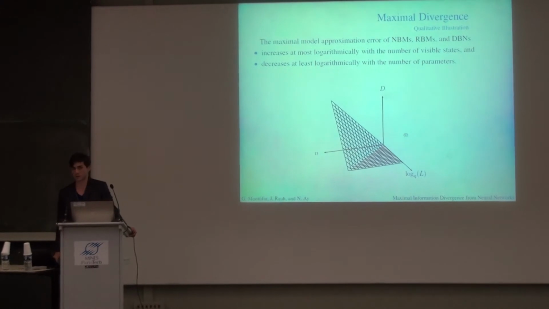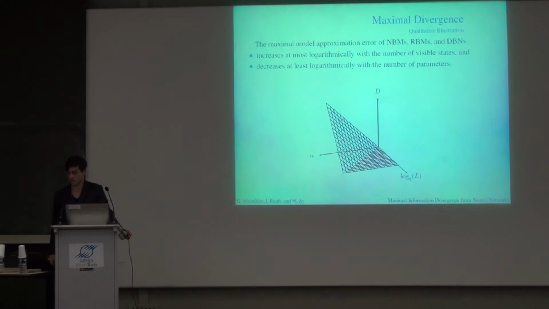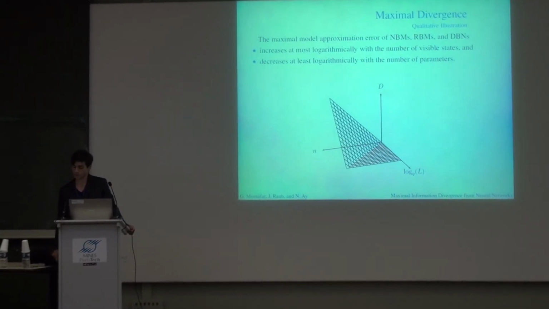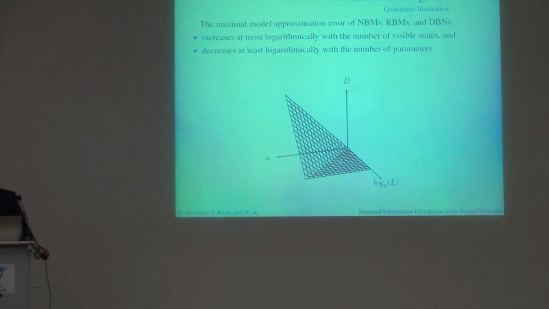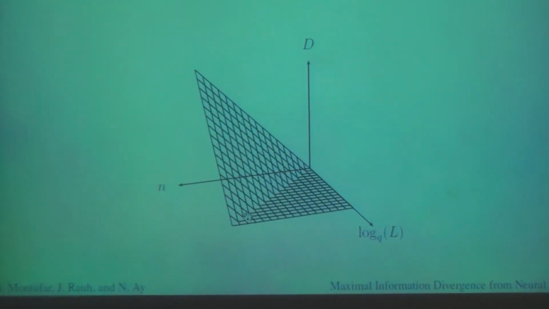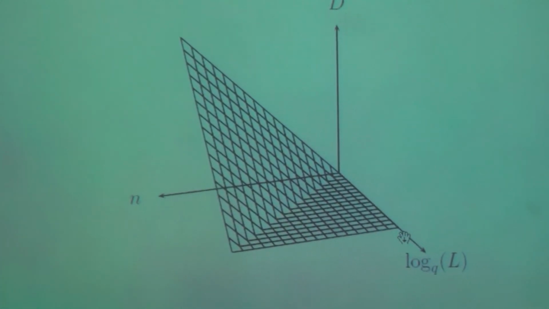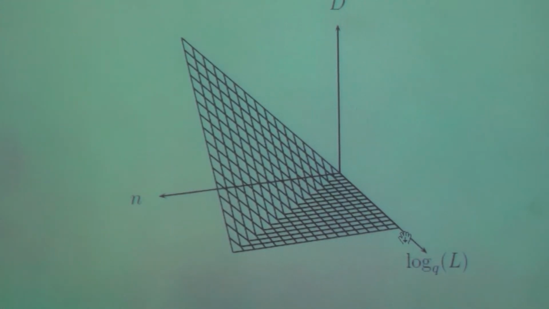And this can be visualized like this. So if this is the logarithm of the number of parameters, and this is the number of observed variables, this would give a rough illustration of the bounds that we are providing here. Now, you see, on this side, when you have many more parameters, so it's exponential in the number of visible variables, these bounds become zero, and the models are universal approximators, meaning that they can basically represent any probability distribution in